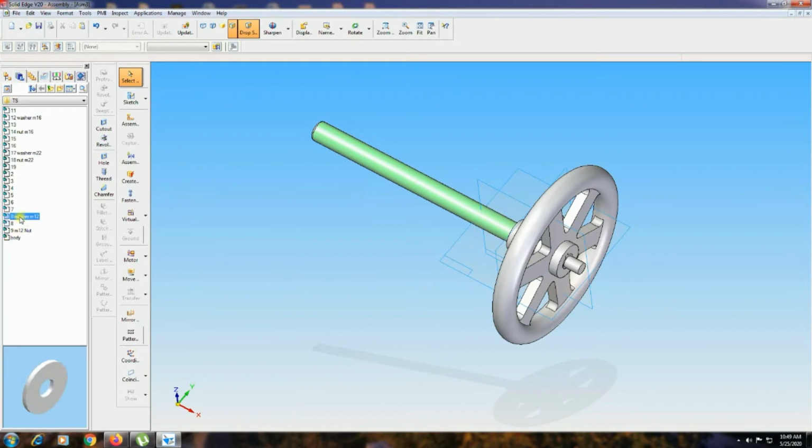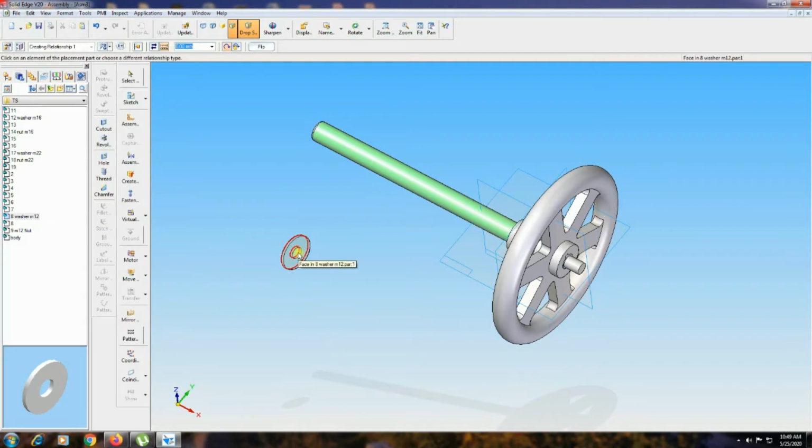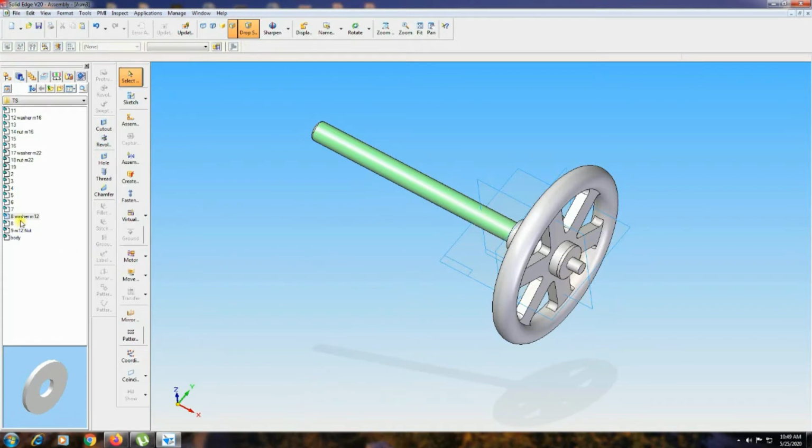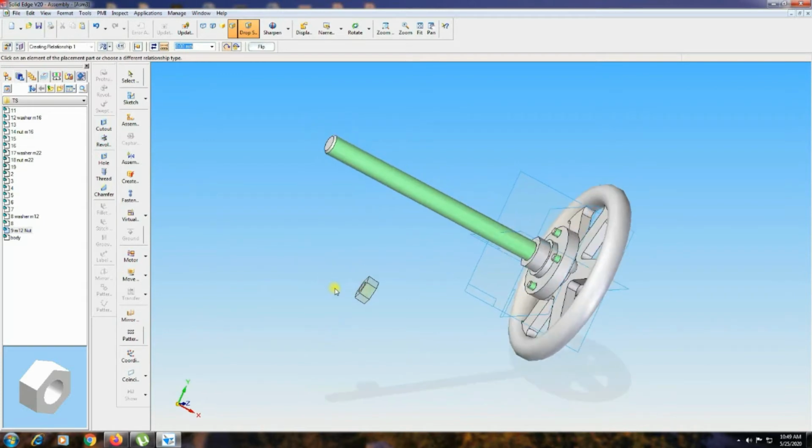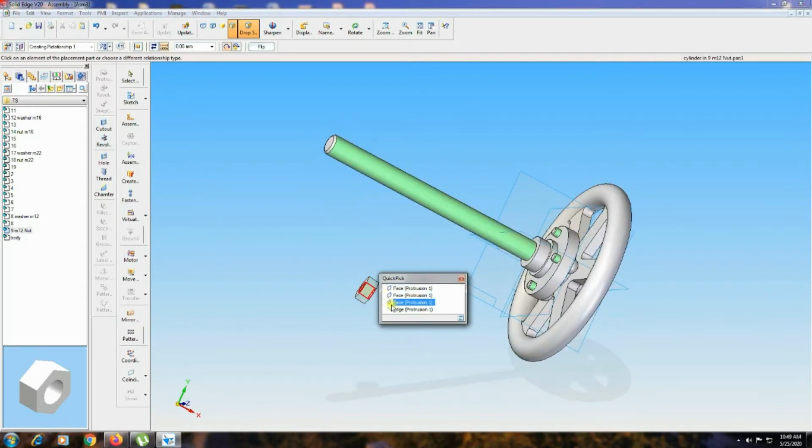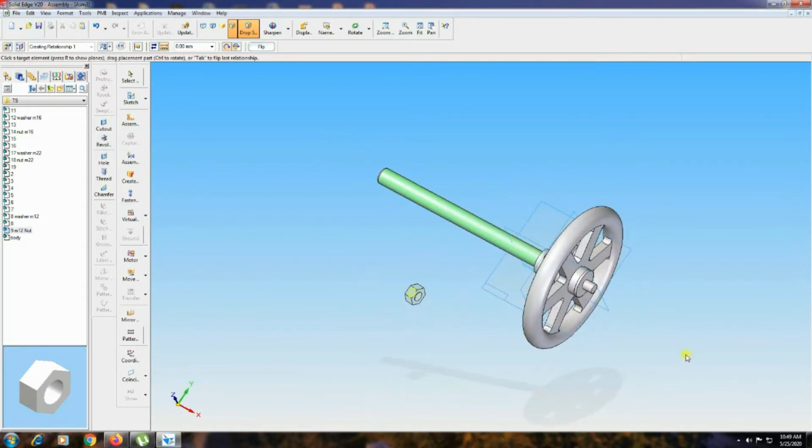Then washer 8, select, right click, edge, that edge should align with that edge. Then go to the nut you have to insert, so right click, edge, that circle should align with that small circle. That one is over.